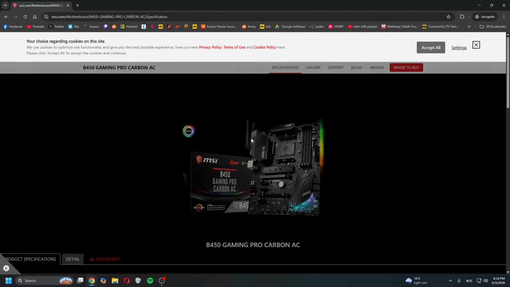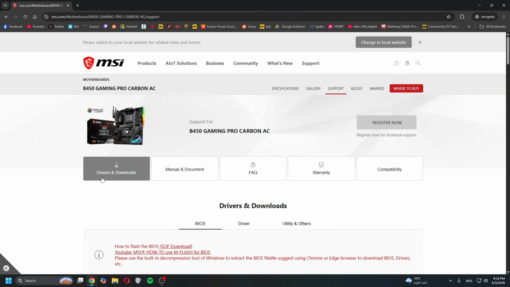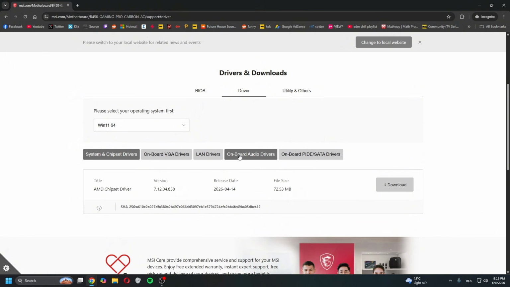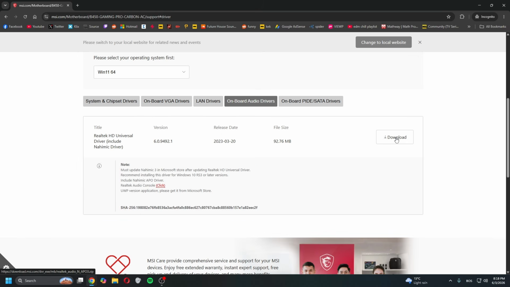Now click on the first link. It will be your motherboard manufacturer. Now go to support, drivers and downloads. Now go to drivers and click on onboard audio. Make sure that you select the right Windows version, go to onboard audio, and then you want to download